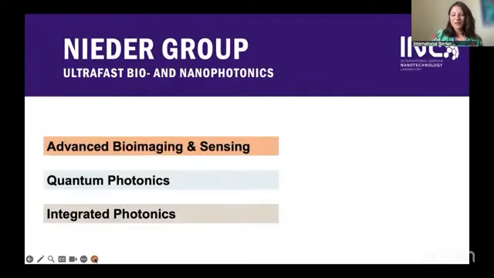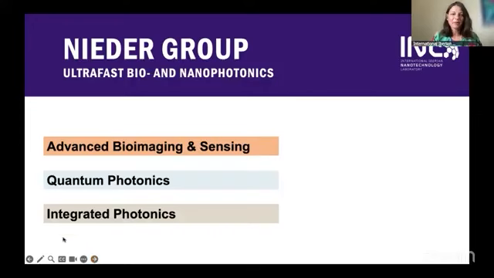In my research group, we have three main research lines, and the research that I'm going to present today are associated to two of these research lines. One of them is to indeed develop new advanced bioimaging and sensing methodologies, and the other is to exploit quantum photonics effects or develop integrated photonic devices that have both applications in neuromorphic photonics as well as in quantum information